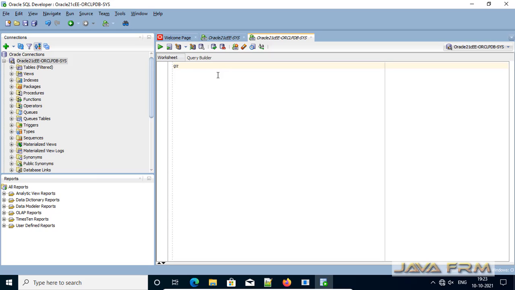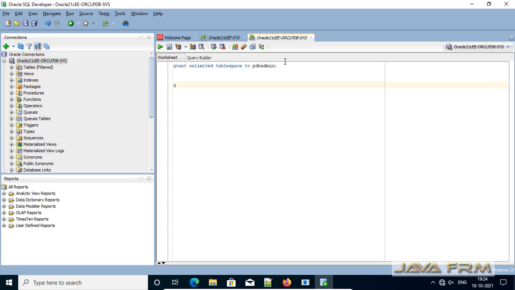So the next step is, I'm going to give some permission to the default database user which is created in the pluggable database, called PDB admin. So for the PDB admin user, I'm giving some privileges. Grant unlimited tablespace to PDBADMIN.